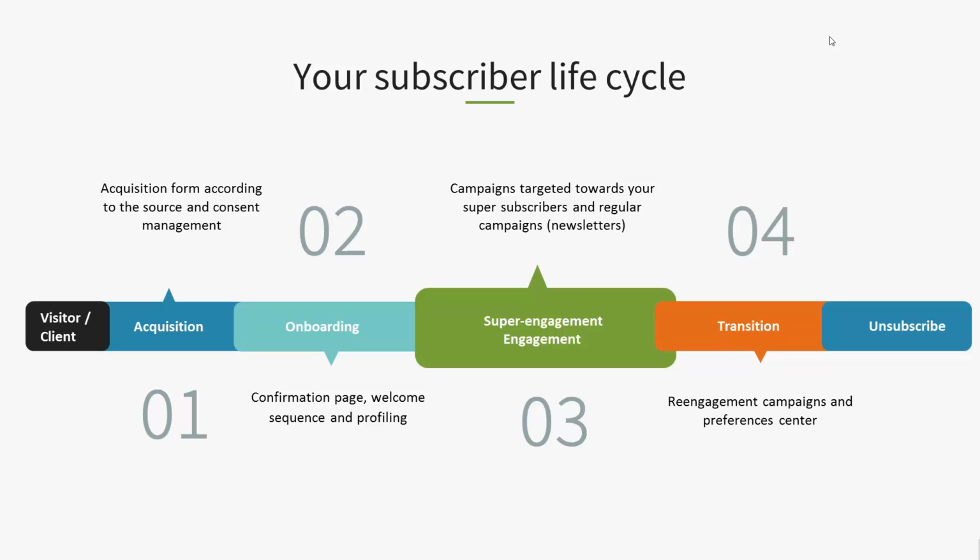What I thought I was starting to say is, following the hyper engagement phase, it's by no means the end of your subscriber life cycle, and from there, contacts will move into a transition phase where perhaps their activity with you slows down a little bit, and if you're not careful or you don't pay attention to that, they can progress all the way to the unsubscribe phase. So what we're going to talk about today is that level 4, transition phase, where we can maybe help you with re-engagement campaigns, preference center strategies, and other tools that can help you reduce or maybe come close to eliminating